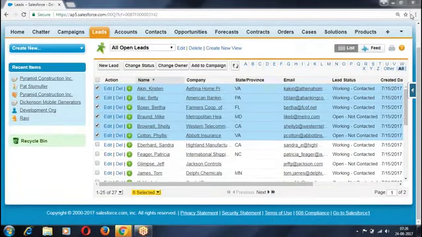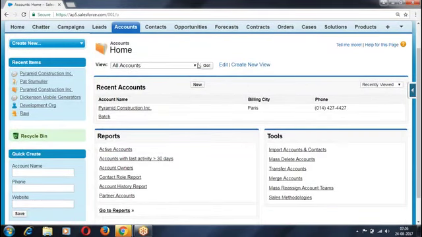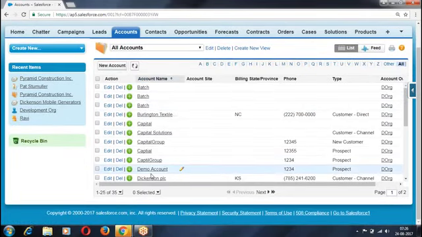If you want to create any button on the list view page, when I say list view page, when you click on the tab, you are getting the view here. This is called list view page. When I click on the contacts,